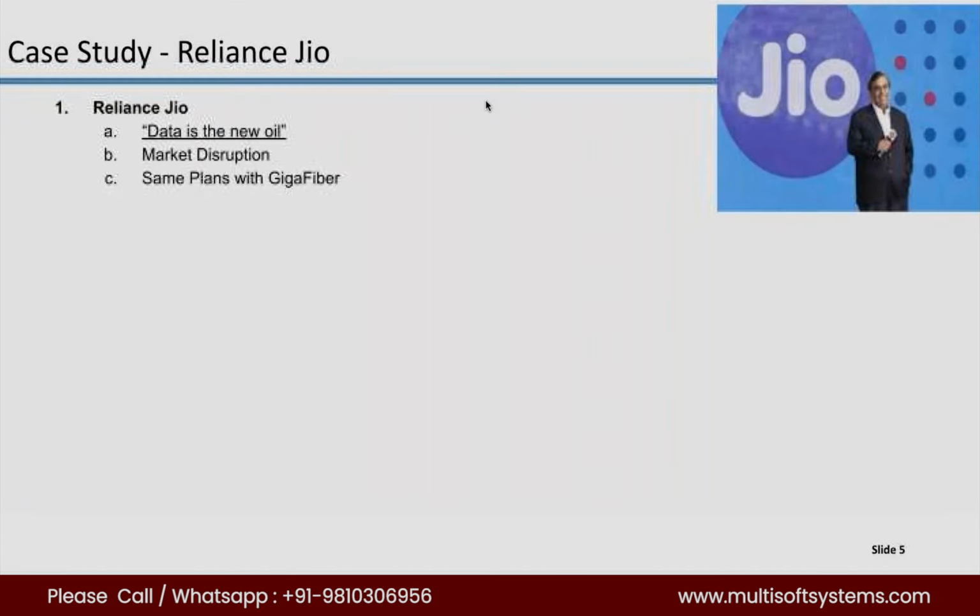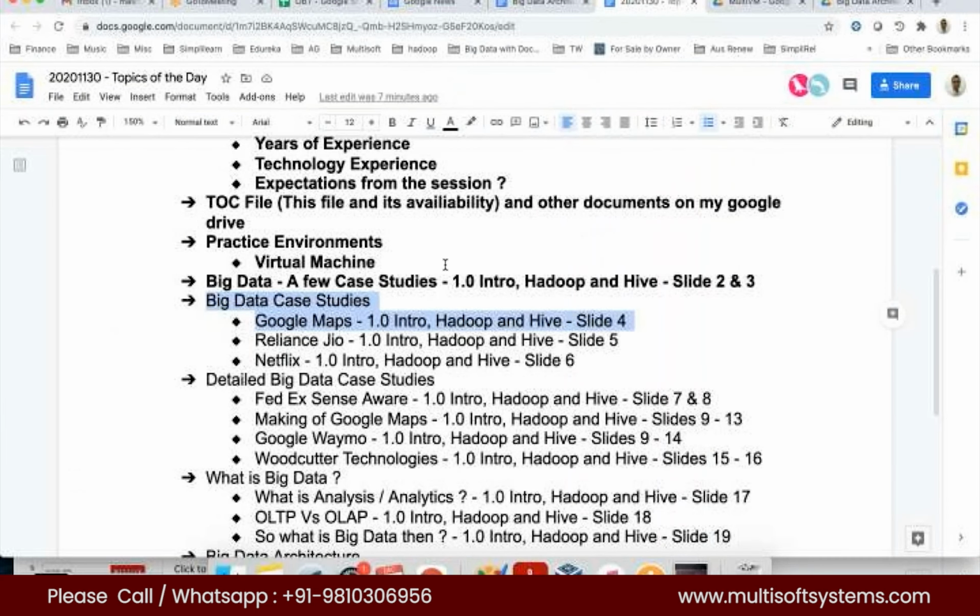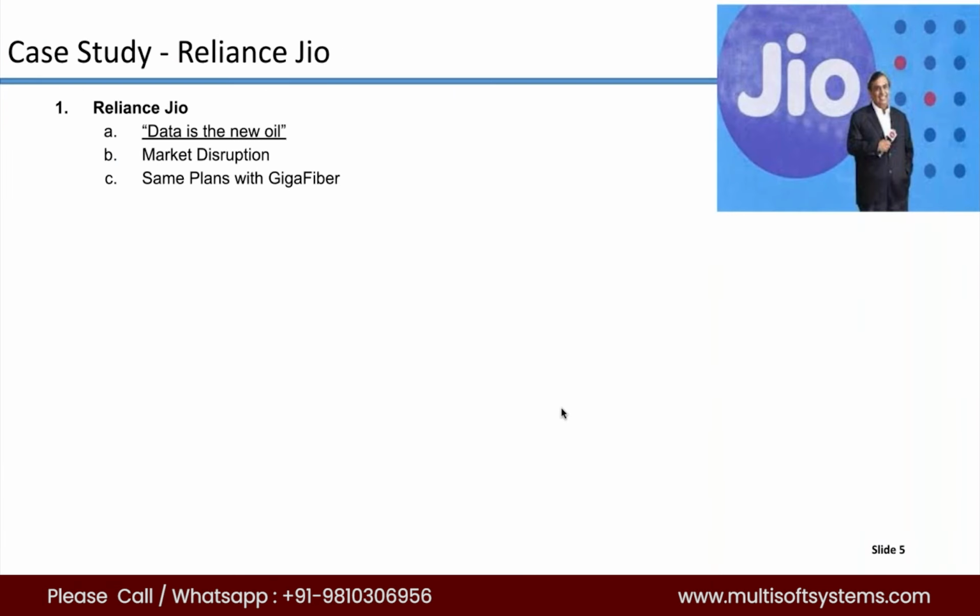So yes, a slightly more intense example I wanted to show you guys over here. From now, please feel free to interrupt me. Take the example of Reliance Jio. Who doesn't know about Reliance, right? And who doesn't know what they have done since 2017? It was, I think, 2017, and they came up with the Jio mobile connection.